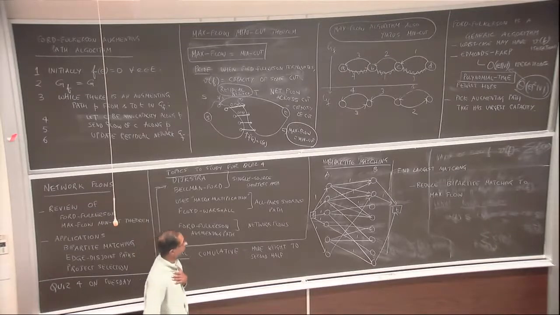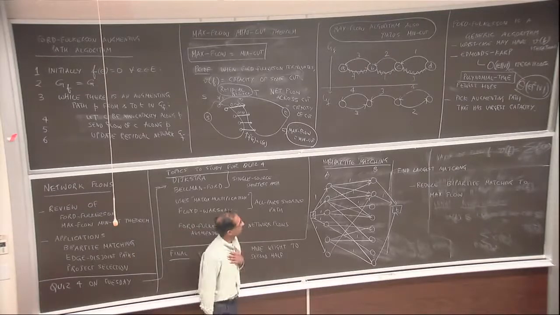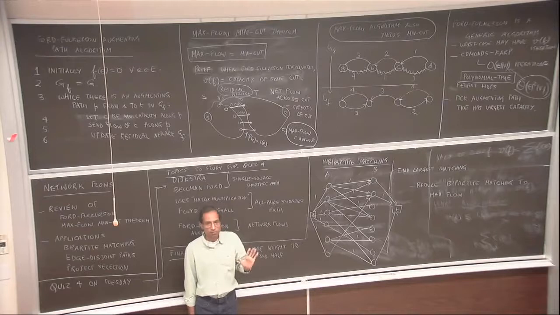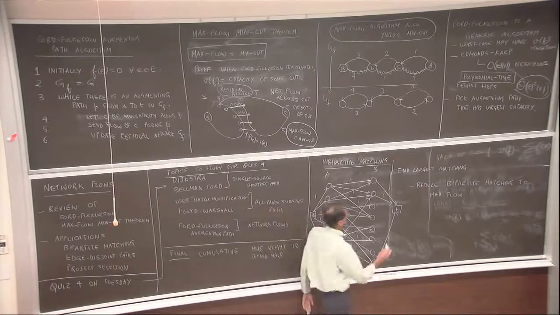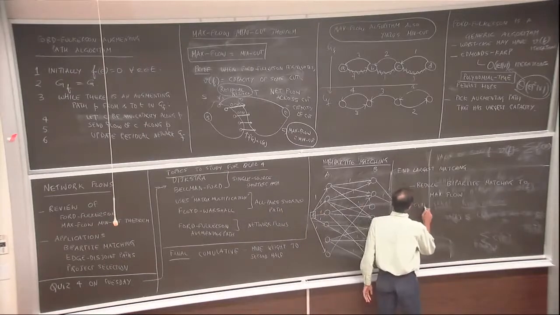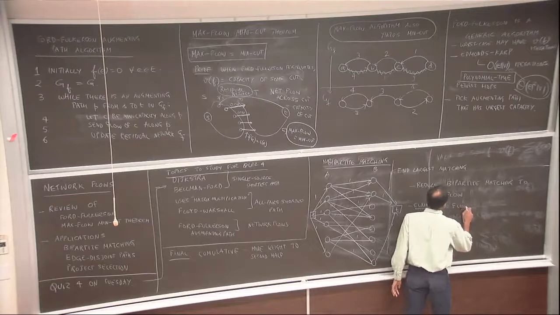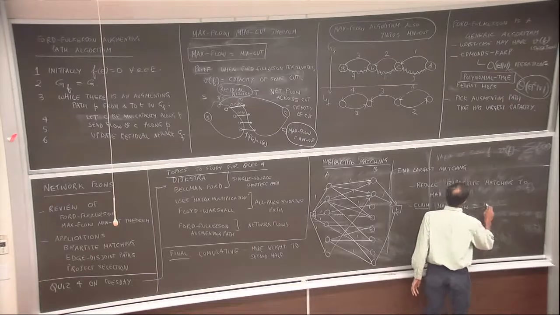Now I'm going to claim that a maximum flow from S to T will give me a maximum matching in the original graph. Okay? Maximum flow is equivalent to